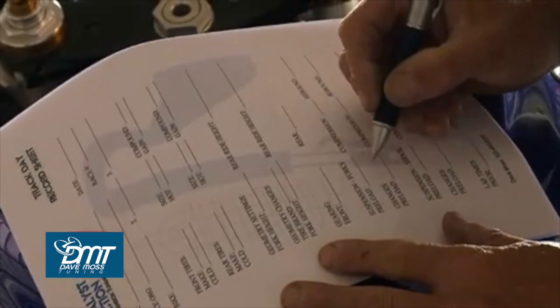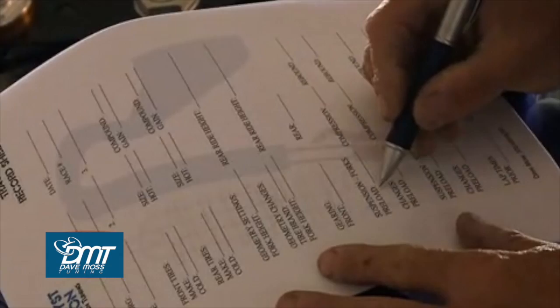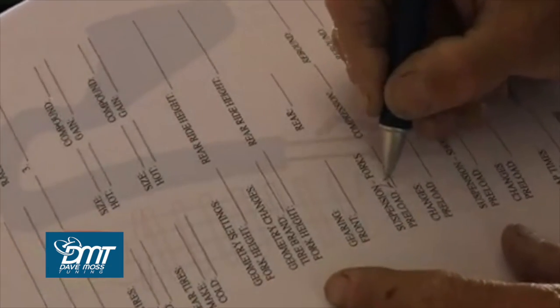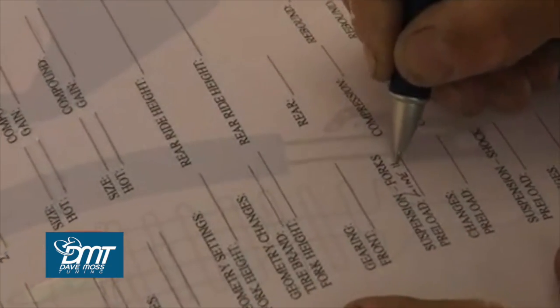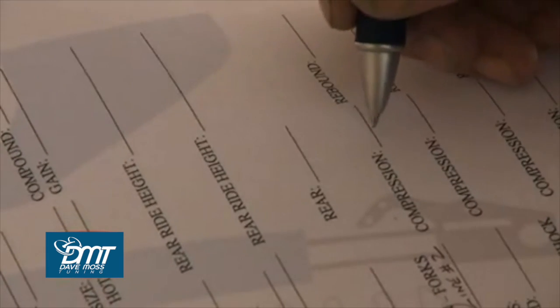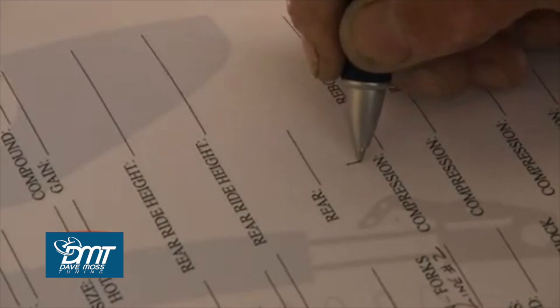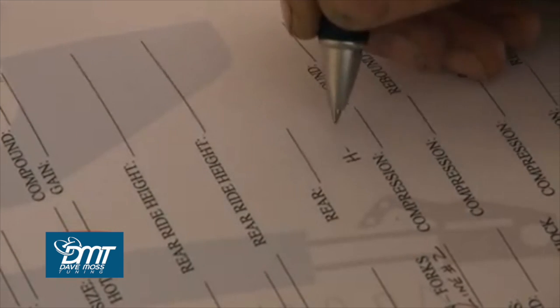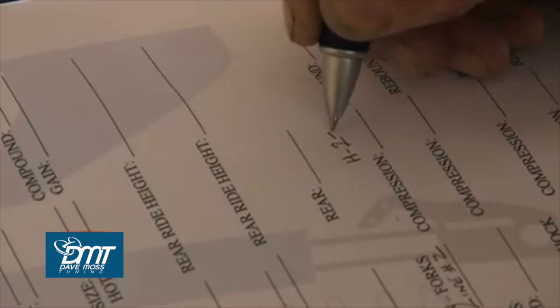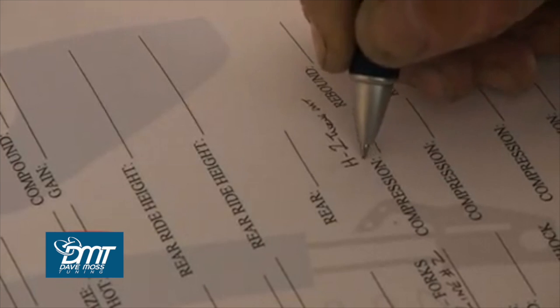And now on the sheet I'm going to start filling in the data. We know on the suspension forks our preload is at line number 2. We know that our compression there are 2 adjusters. One is low speed, one is high. We know that the high speed adjuster is 2 turns out, and we know that the low speed adjuster is